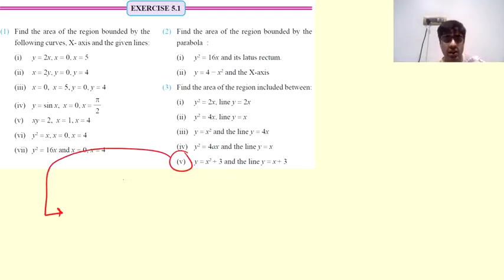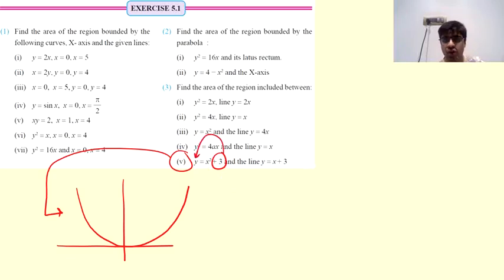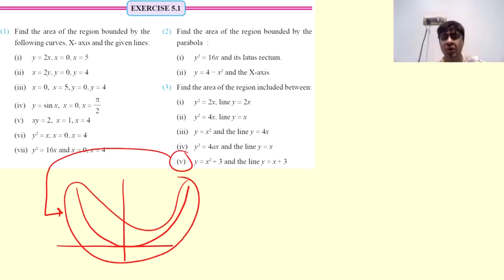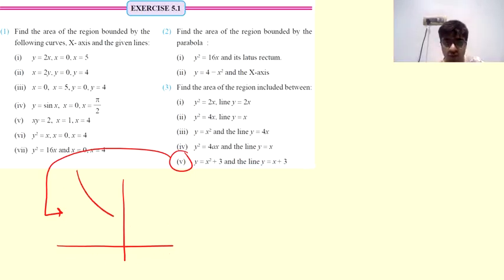Y is x square plus 3, y equal to x square. Okay, so this time be careful, it's not y square equal to x, it is y equal to x square. Y equal to x square is an upward opening parabola, but you are adding a 3 to x square. So when you try to plot y equal to x square, there will be certain points you get. Now if you try to plot x square plus 3, then in the graph of y equal to x square, you are just increasing the y coordinate of every point with 3 units. So every point, if the y coordinate increases by 3 units, that point will go up. If the point goes up, the entire graph is going to shift upward by 3 units, and the graph of y equal to x square plus 3 will look like this.